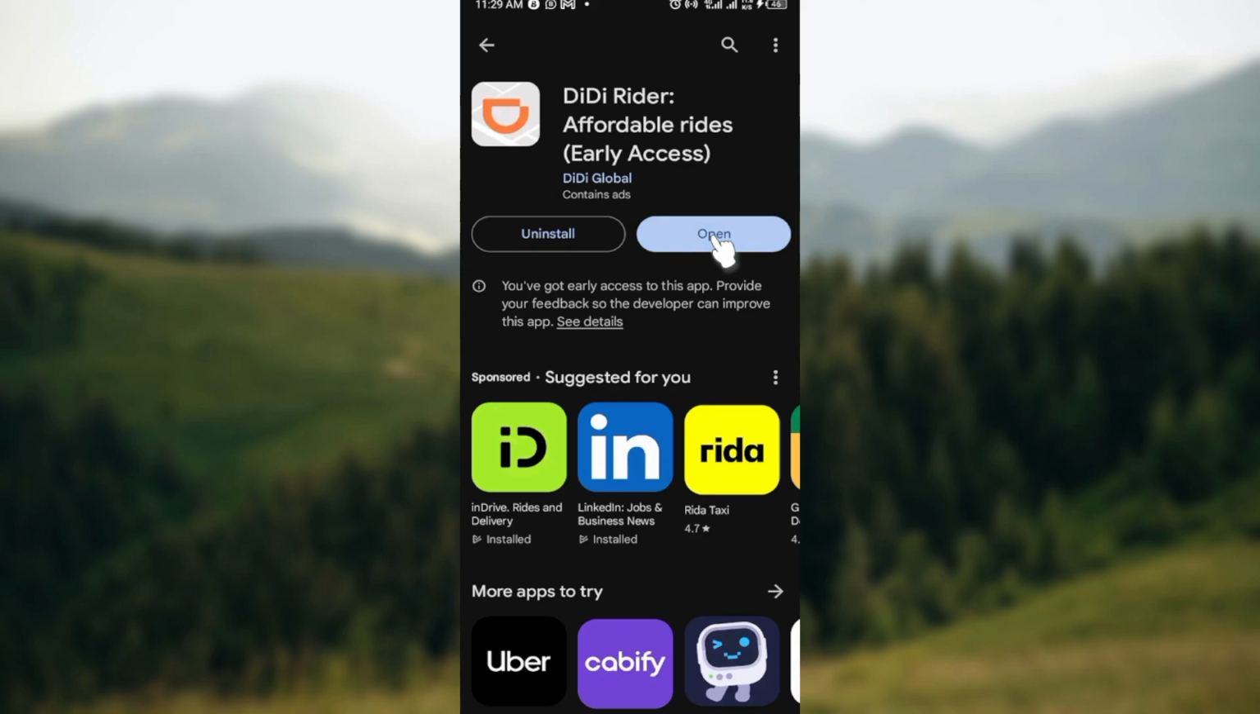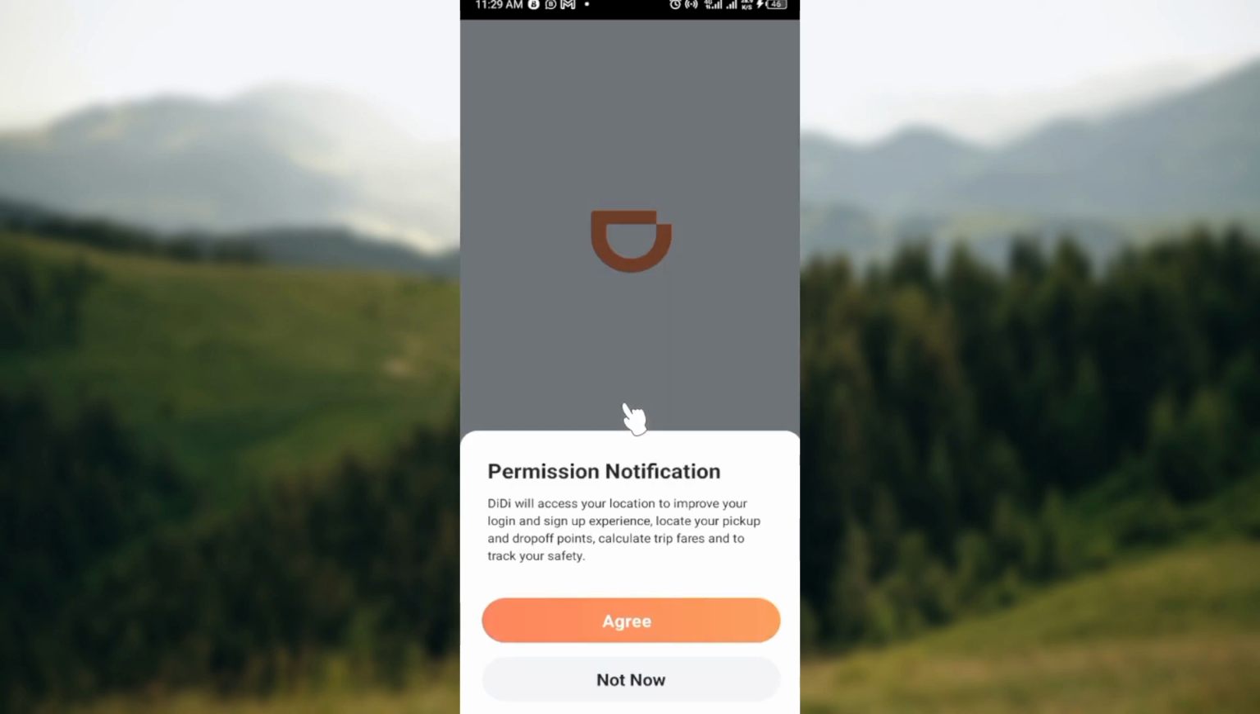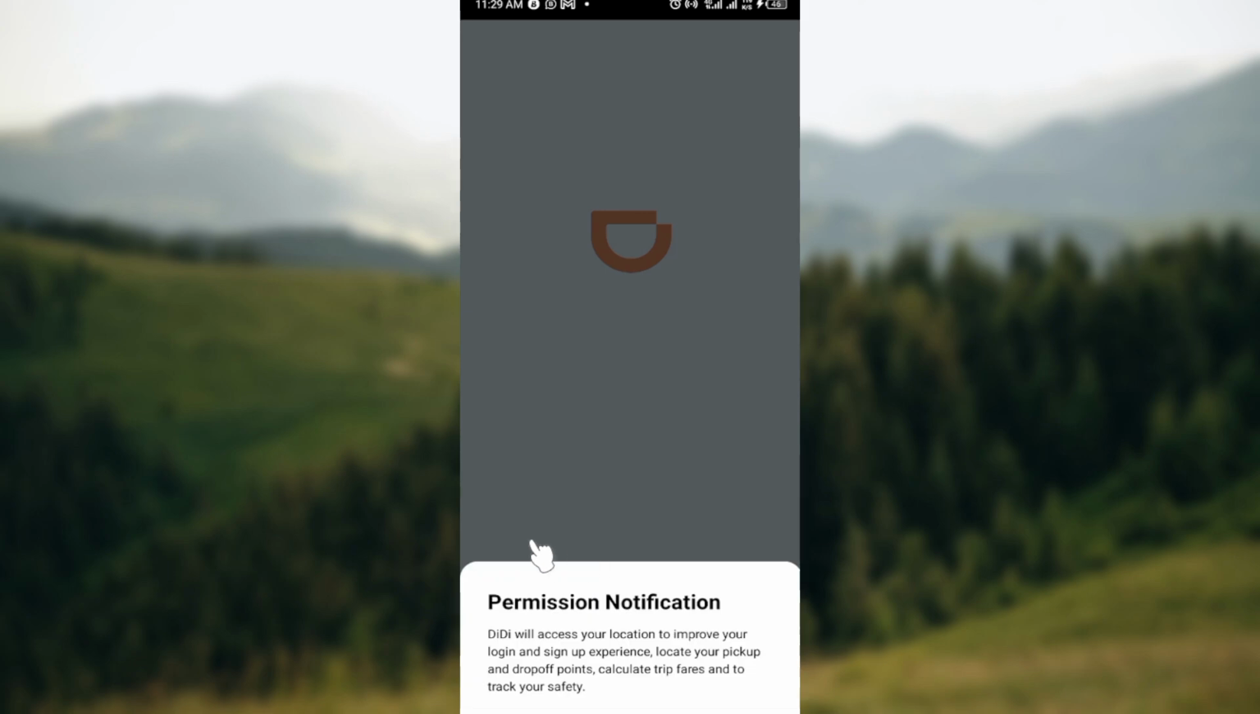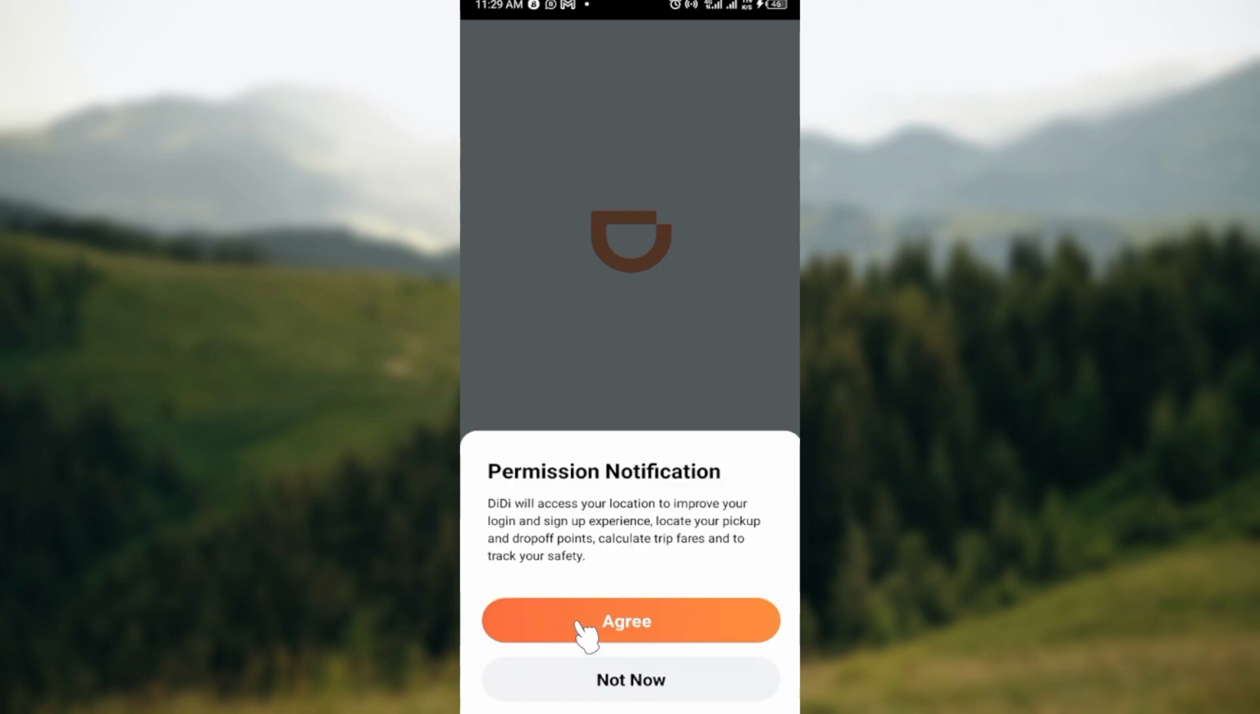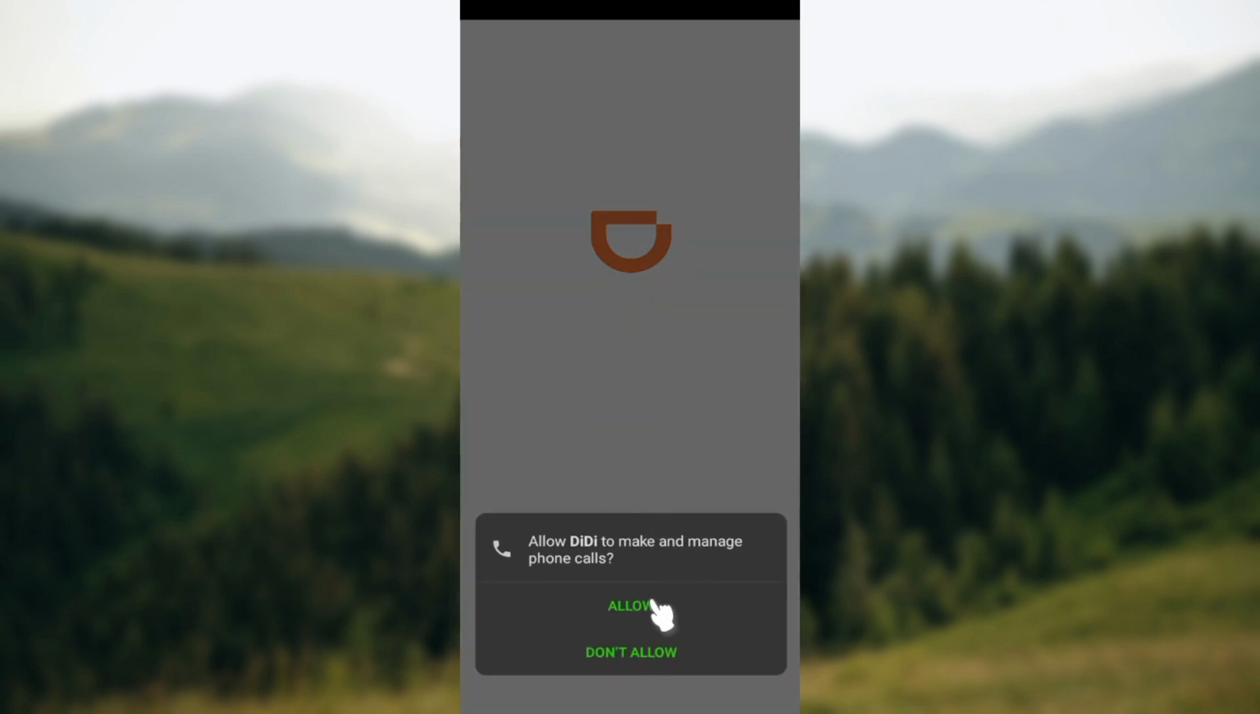Then click on open to launch the app. By clicking on open, you will be brought to the app's interface where you would see the Didi logo on the screen, and then you wait for the page to load. Once that's loaded, you can see a prompt asking you to provide permission for notifications. If you want, you can click on agree, but then you can click on not now. I'll select not now, and then click